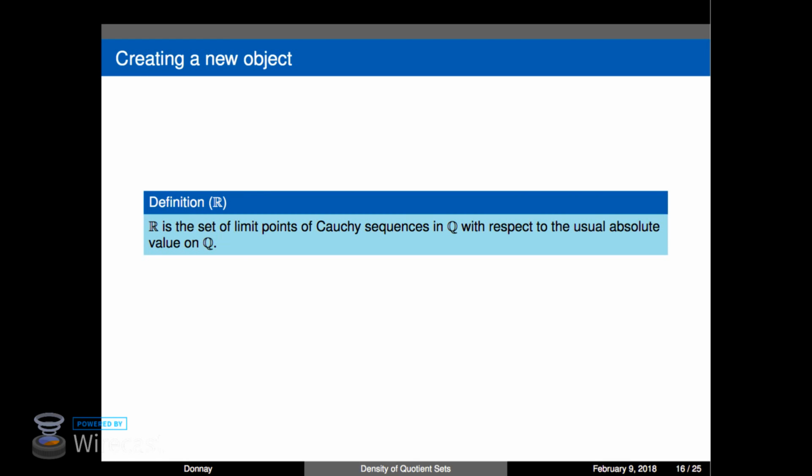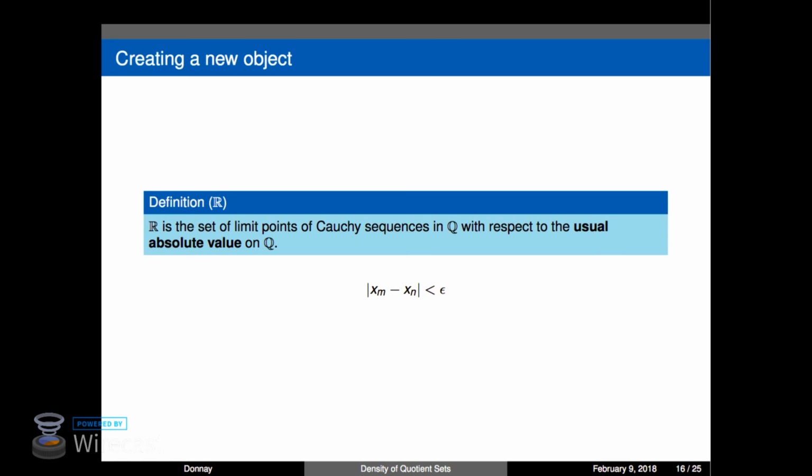So what we're going to do is create a new world and just say, in our new world, the real numbers is the set of limit points of Cauchy sequences with respect to the usual absolute value. So if we're walking along a sequence and we reach a number that wasn't rational, we just say, okay, now that number is a real number. So what we've done is constructed the real numbers, which is kind of a funky thing to think about because